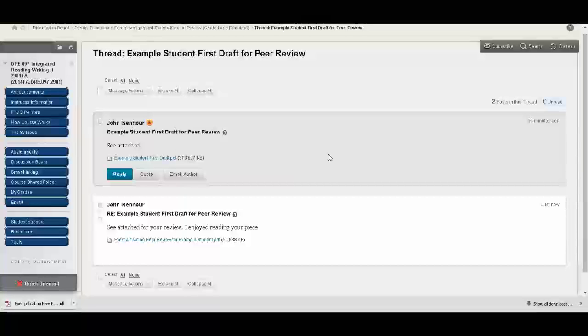And then I have completed that part of the assignment, and I can go in and do a second version for one other student. So your job in this discussion board is to post your original draft, and then to download the drafts of two classmates, review them, and then respond to their original posts with your review document.